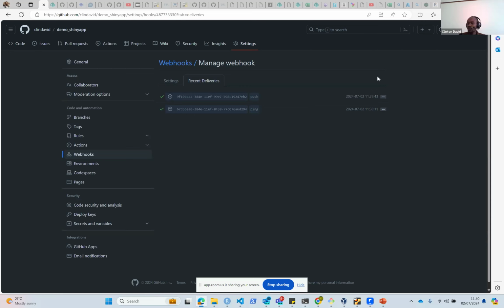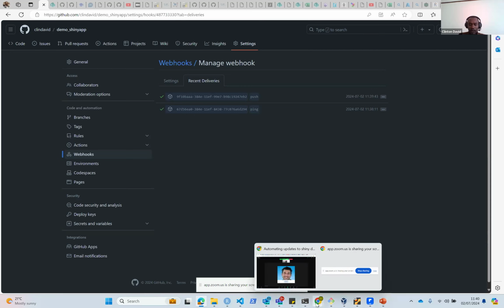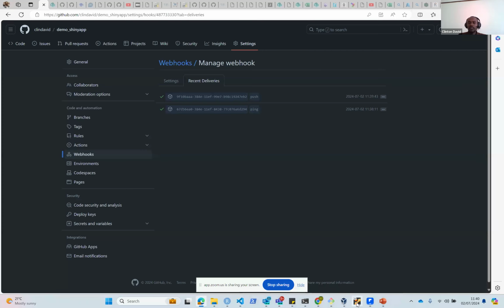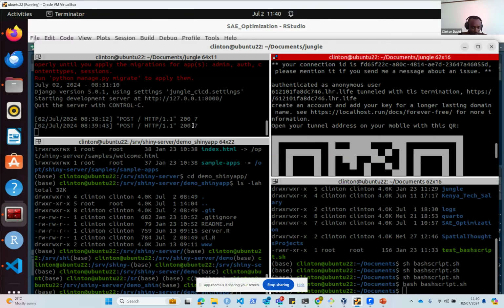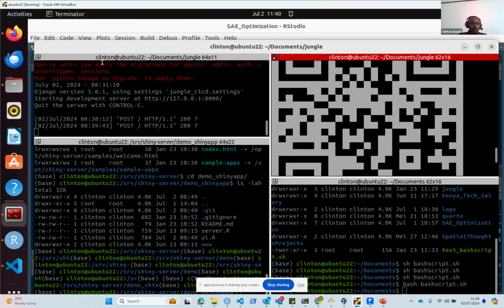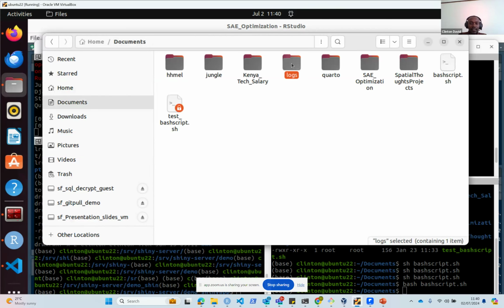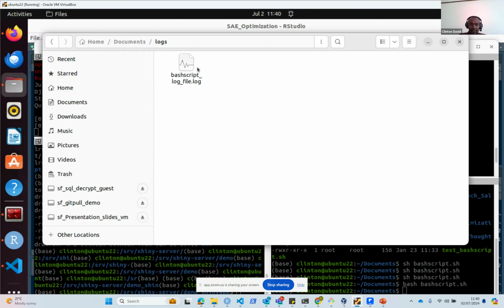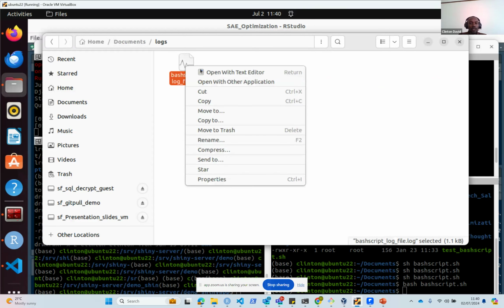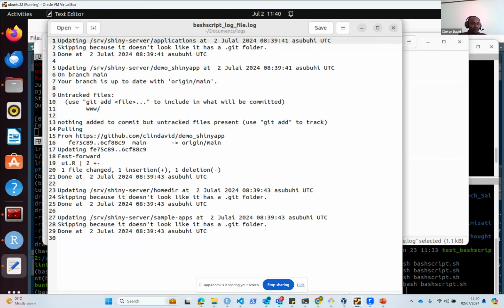So now we can get back to the server. Here we are. As you can see, there's another post request which has been sent to our API, and it returned code 200 to mean that it's successful. So what I'm going to do is, first of all, get into the logs. I had deleted the bash script log file, but you can see there's a new log file here, which I could open and see if anything happened. And as you can see, there's an update in the log file indicating what happened on the bash